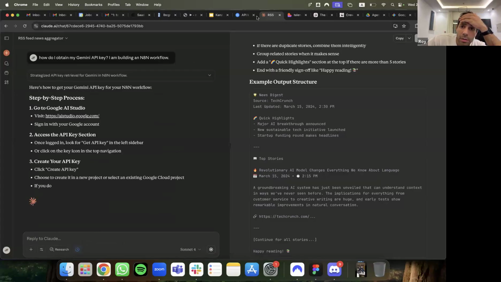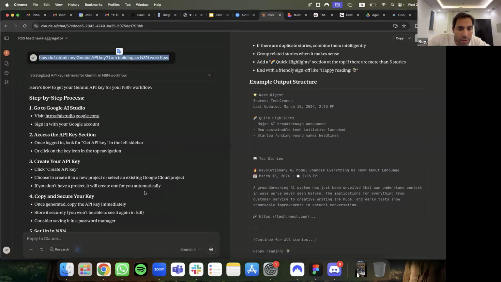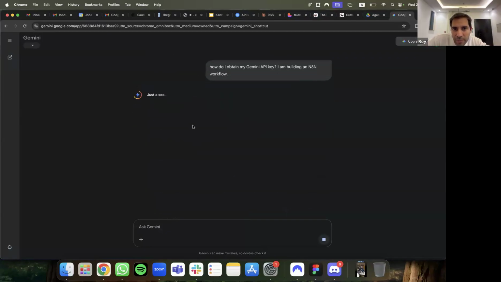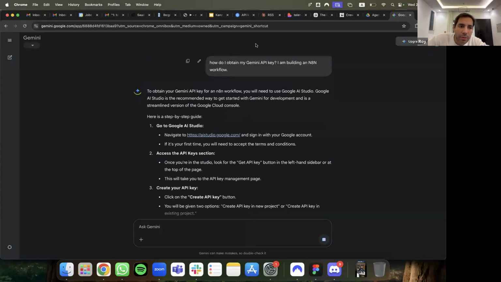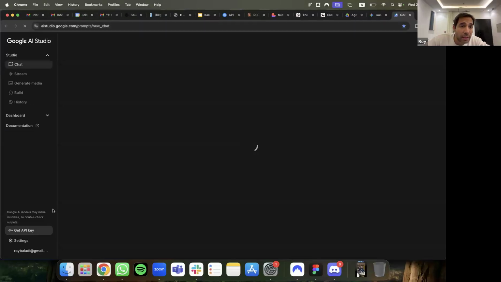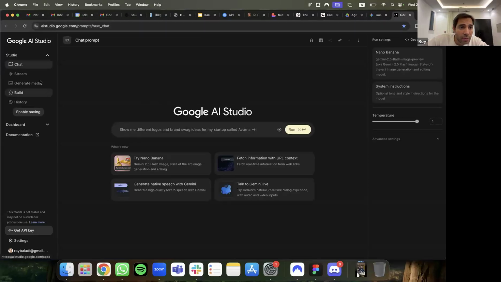Okay. Everybody, this is a better message. Actually, I'm going to ask Gemini how do I obtain my Gemini API key? Let's see if it's going to give me the same answer. It would be embarrassing if it doesn't. It's the same thing. So I should have just said exactly. Go to aistudio.google.com/apikey. Thank you. That's exactly what you want to open. Instead of new chat, you want to get API key.